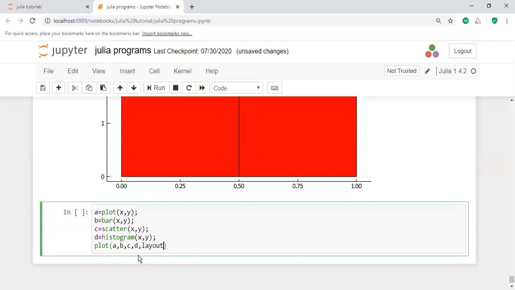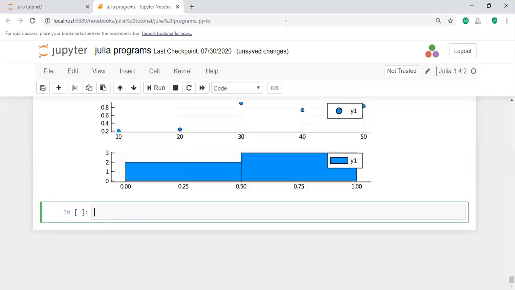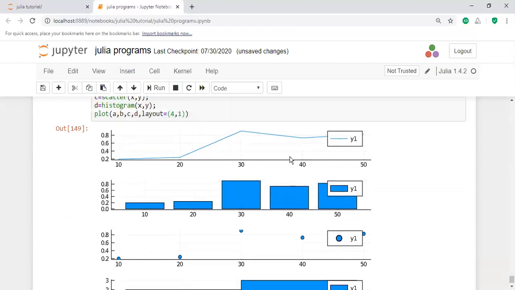How can you get the layout here? 4 by 1. Let us take 4 comma 1 here. The layout appears like this, where the entire information exists.